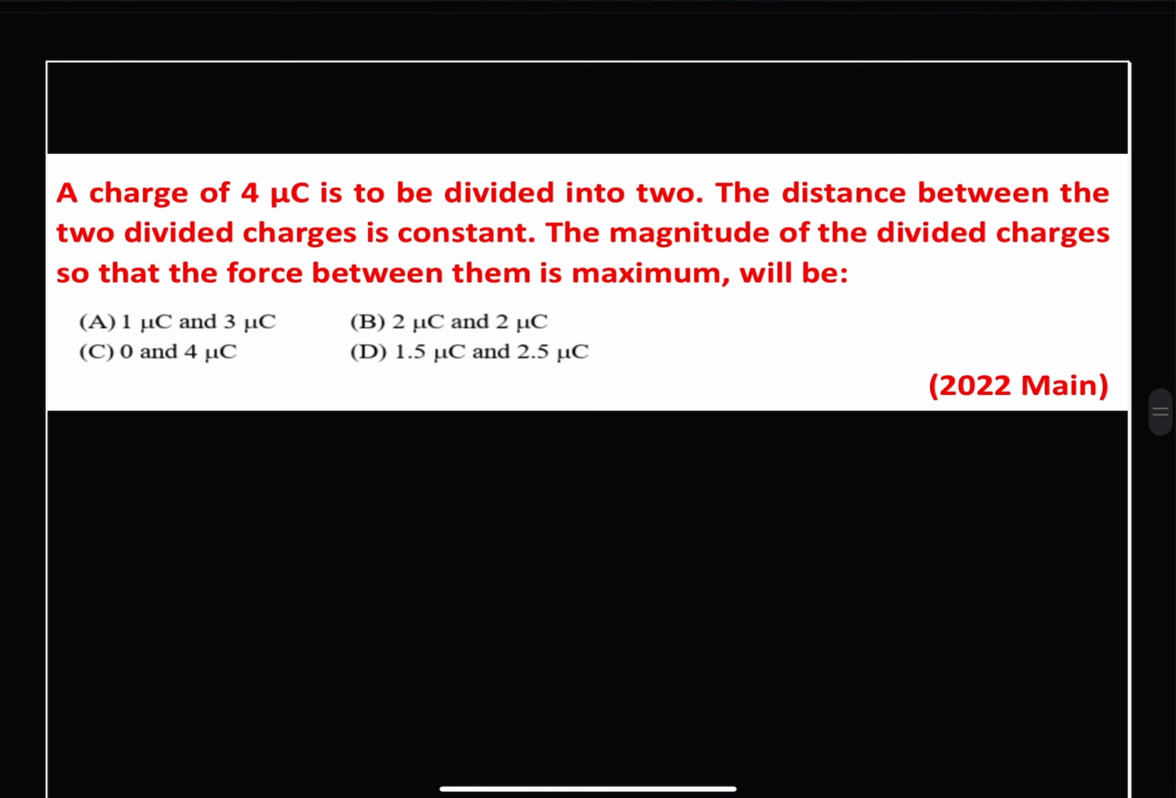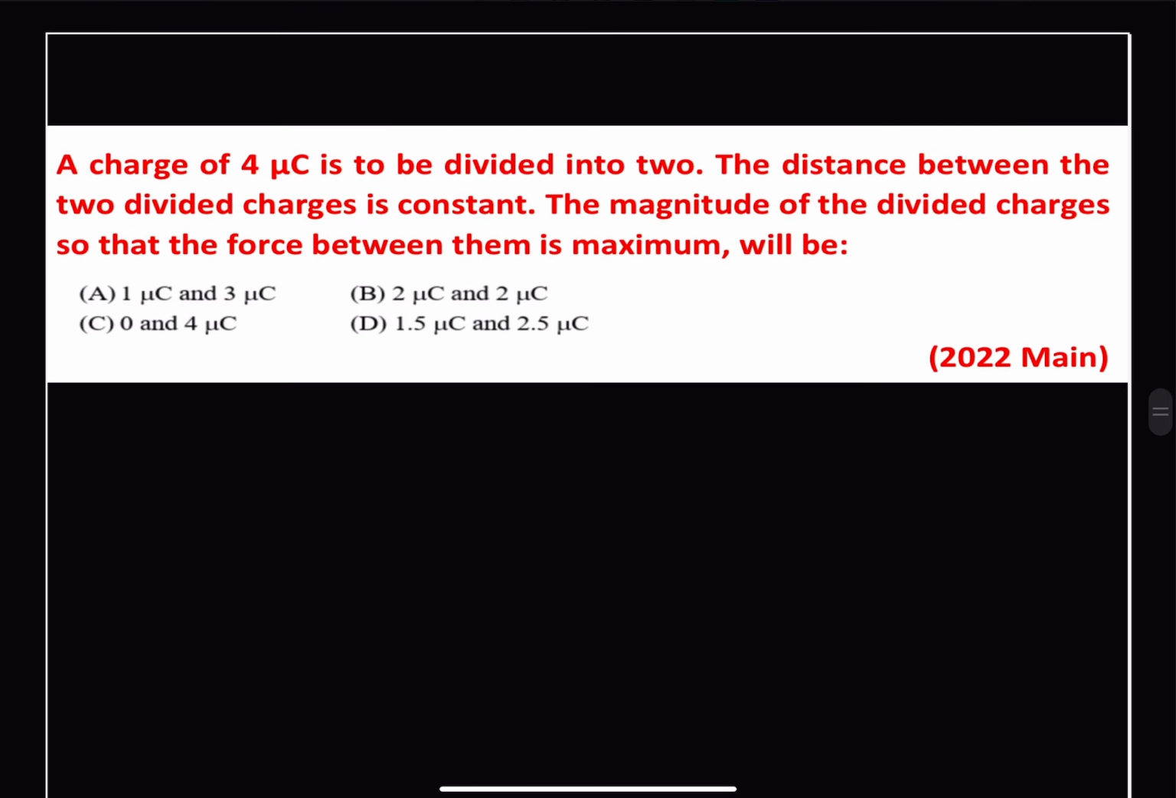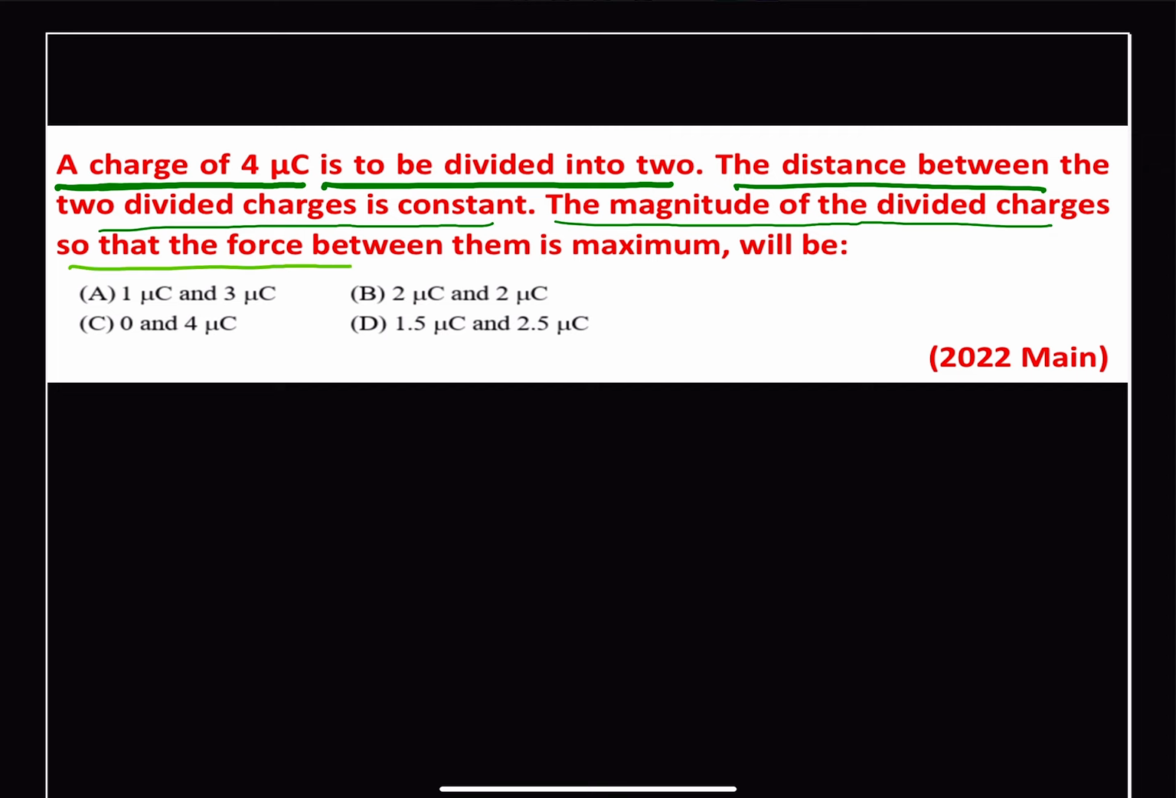It states that a charge 4 coulomb is to be divided into 2. The distance between the two divided charges is constant. The magnitude of the divided charges so that the force between them is maximum will be. So we have to divide 4 coulomb into 2 parts. So let us consider that the total charge which is given to us,